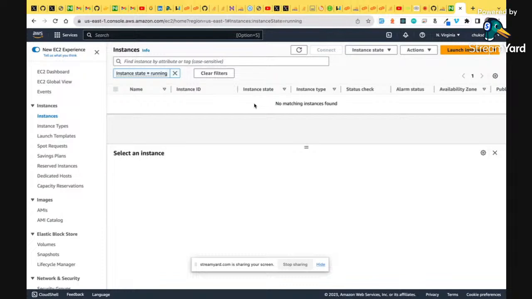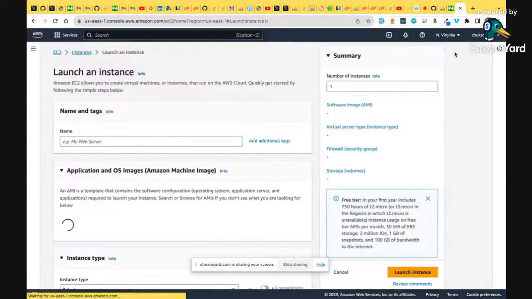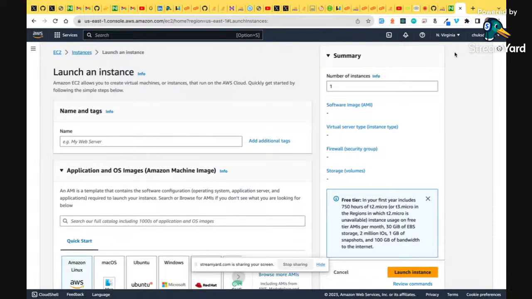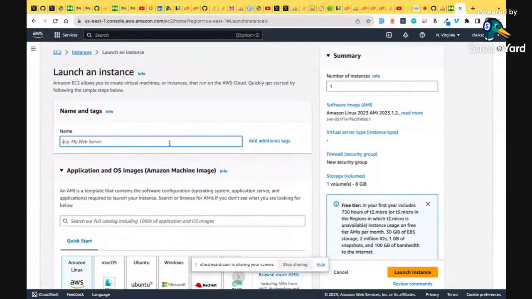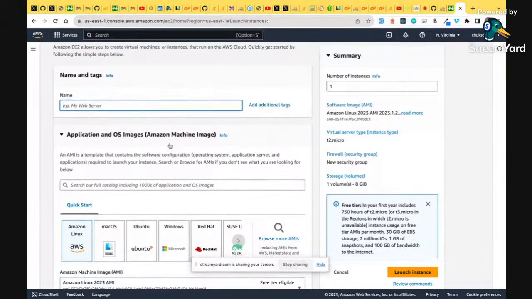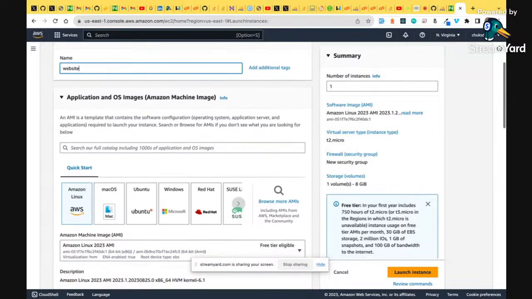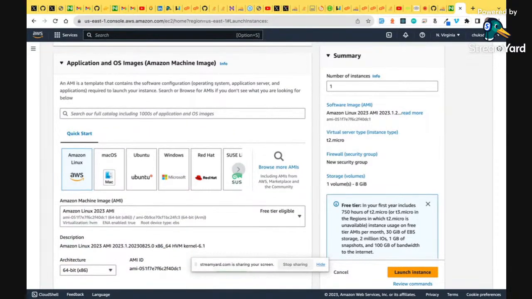application on it. So now I'll click on launch instances. Once I click on launch instances, here I'll type the name I want the instance to bear. Let's say website. This can be anything, so you can use any name there. The second part is